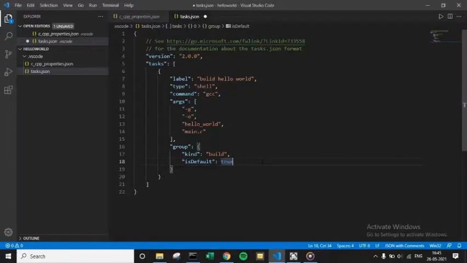So in this tasks.json, everything is okay. This is configuring the build task, nothing but configuring the compiler. This will help you when you hit Control Shift B, right? This will help you to compile the code easily. And the next one is,